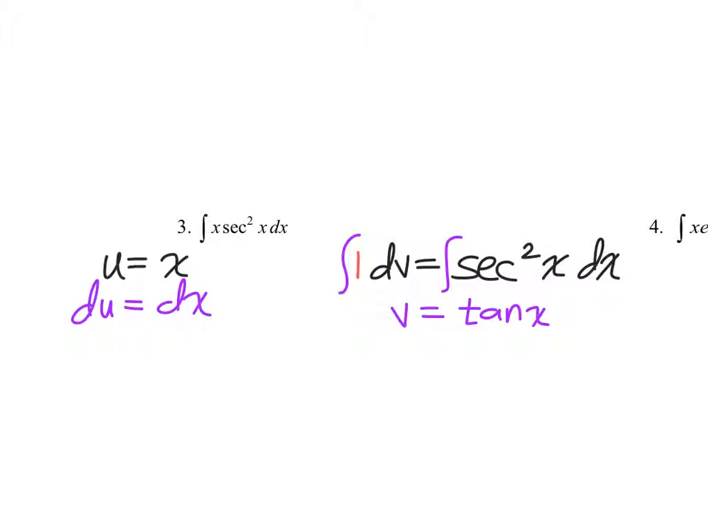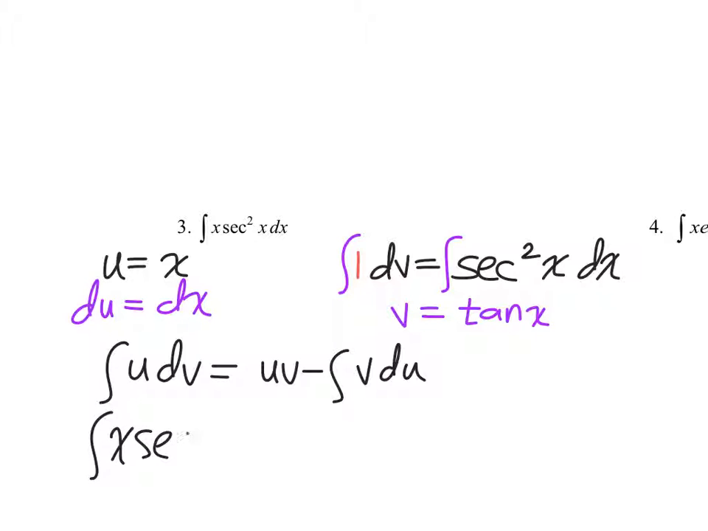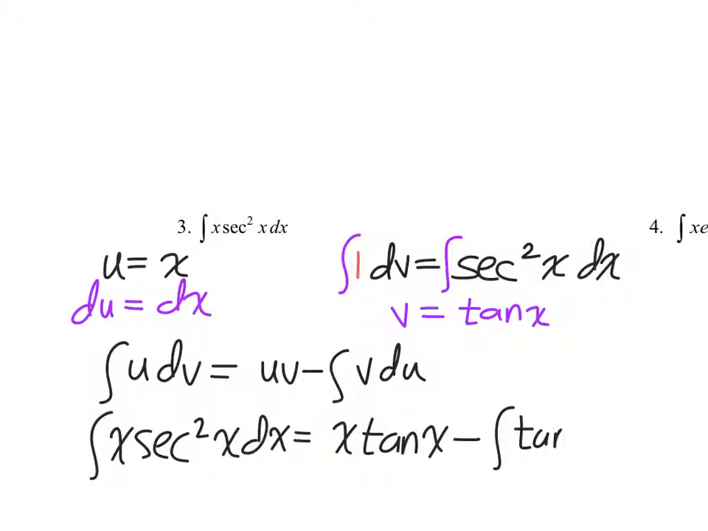All right. So again, the rule. The integral u dv is equal to uv minus the integral of v du. All right, and so that's x secant squared x dx is equal to the product of u and v, x tan x, minus the integral of v du. All right, so the du is equal to dx. That's great. All right, so tan x